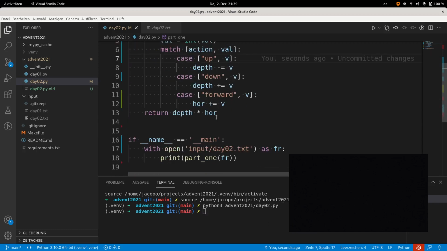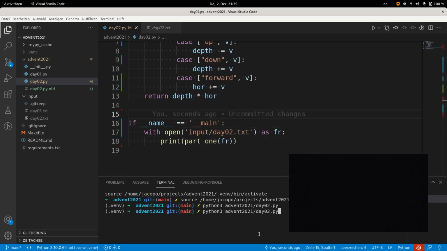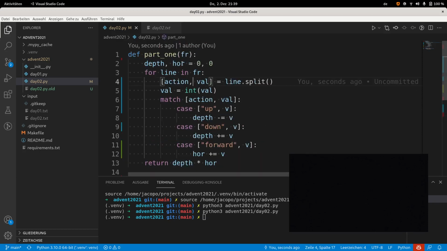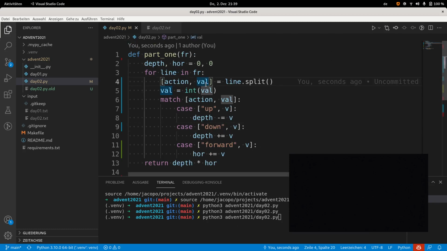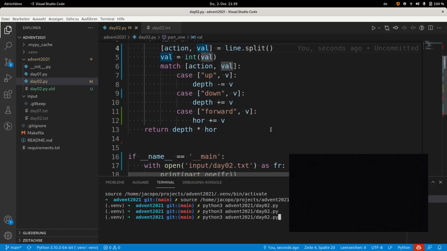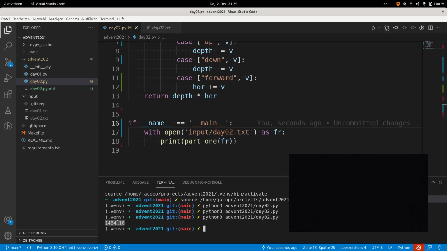and nothing happens. Why? Did I save the file? Yes. Am I multiplying it? No, this must be something extremely stupid that is missing. This is day02.py. If the name, okay, here I'm missing 2 underscores. Okay, so it was never calling anything, and this is the solution to